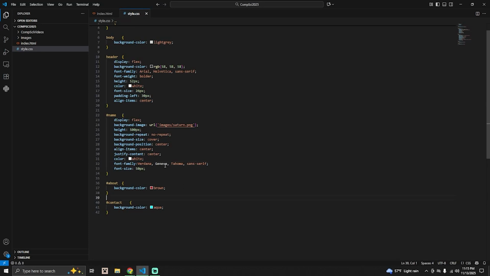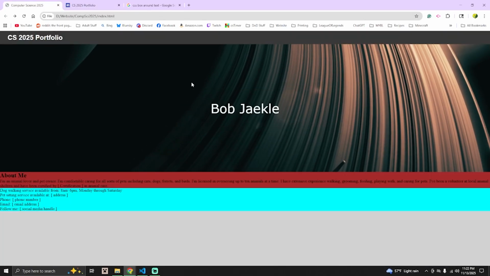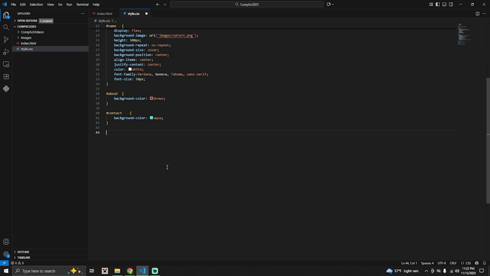Okay, so I've got my font where I want it to be. Now I'm going to work on my box that's just around the text. The way that we're going to do that is going to be a little bit different. Start off with just a simple box around it, and then we'll style it to make it look closer to this one. Okay, so basically we're going to go into our CSS, and we're going to make what is called